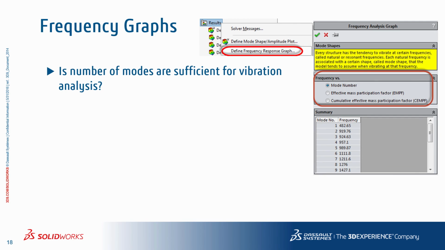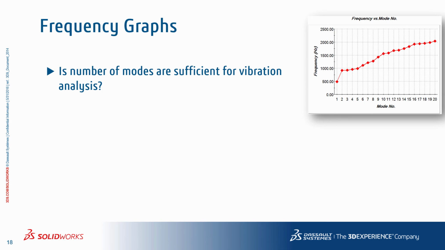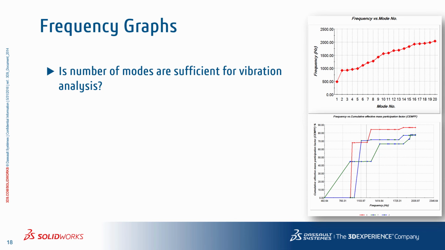The frequency response graph in a frequency study allows you to create plots of frequencies versus mode number, effective mass participation factor, and cumulative effective mass participation factor. The mode number plot just creates a line graph of resonant frequencies versus mode numbers. The cumulative effective mass participation factor creates a line graph that shows the cumulative effective mass participation factors for the